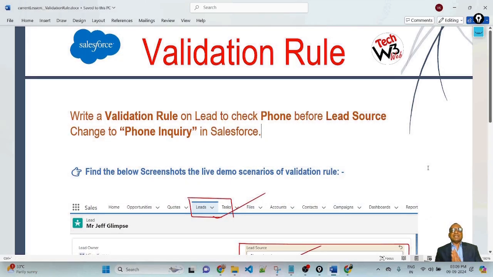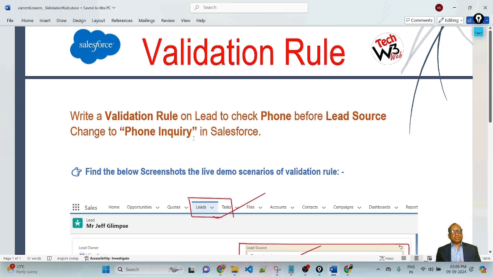In this lesson, we will learn a validation rule. The scenario is how to write a validation rule on the lead object to check phone before lead source changes to phone inquiry in Salesforce. There are two fields in lead, phone and lead source.